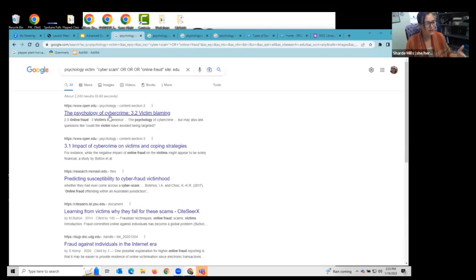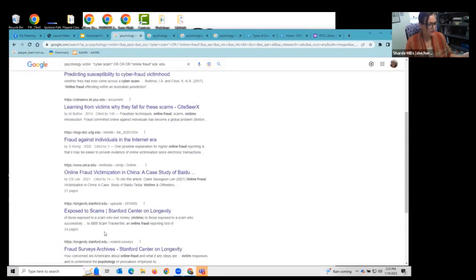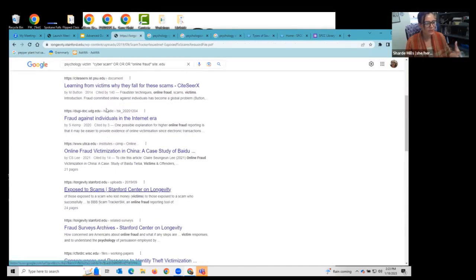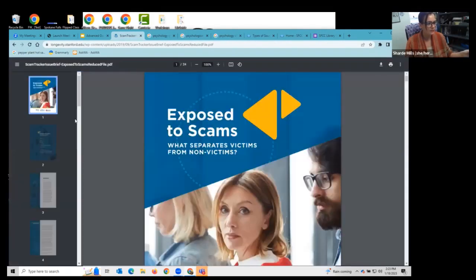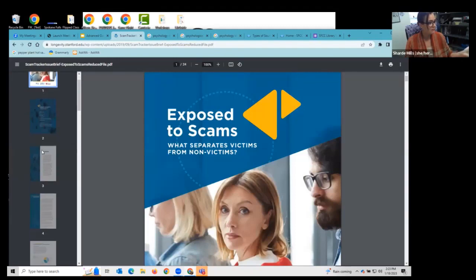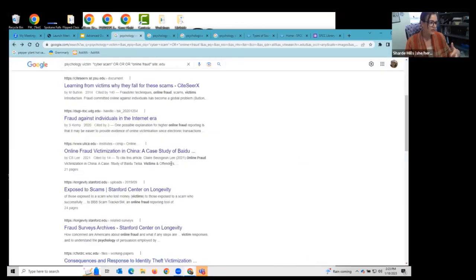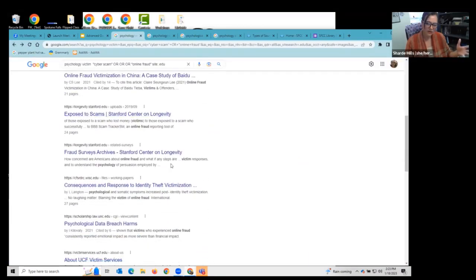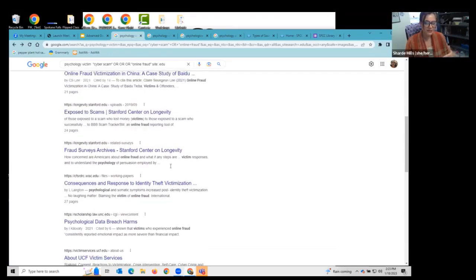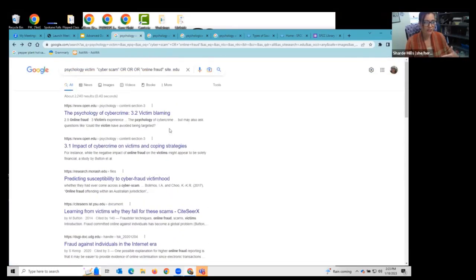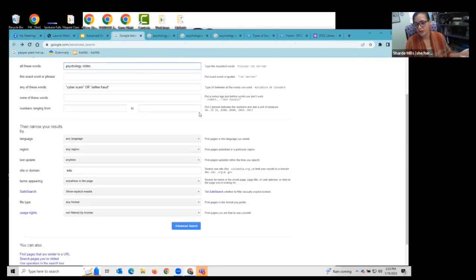You can see here, that's changed the types of search results I'm getting. Some of these will be websites published by the university themselves. You might get, oh, this could be helpful, this is a report, it looks like, that was published. So definitely could be a helpful source. You might also get references to scholarly articles you might have to track down, but this is definitely going to change my ability to access and easily discern what might be a helpful source.